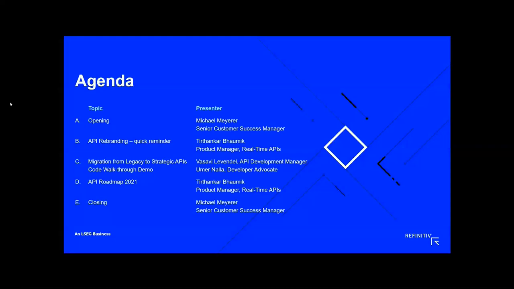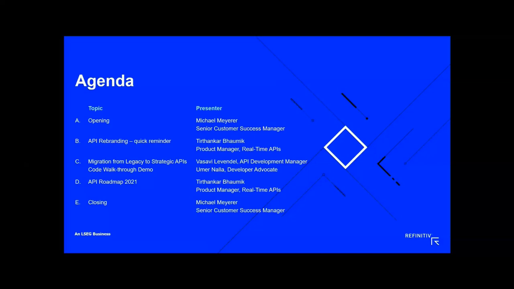My name is Michael Myra, Senior Customer Success Manager at Refinitiv, and I'm really excited about this session. Today's clients' needs, getting new data packages, digitization, cloud journeys, ESG data, all these themes will lead us to provide new APIs to clients to enrich their workflow, to ease the use of the data, and to lower the TCO. I'd like to thank you for your interest, and I hope you will benefit as much as possible from the next 45 minutes. Let's have a look at the agenda.